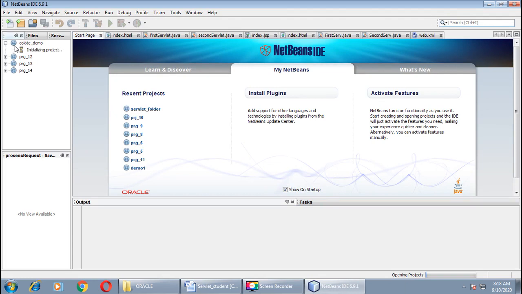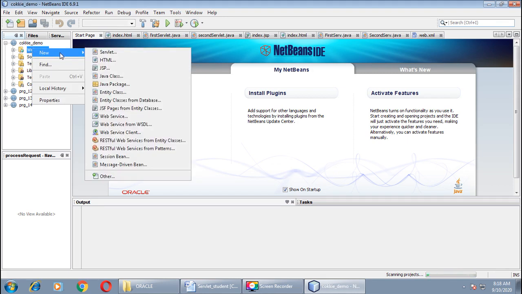Now all of you know where to define index.html, right? We'll define index.html in the web pages folder. For that, right click on the web pages folder, click on new and select HTML.